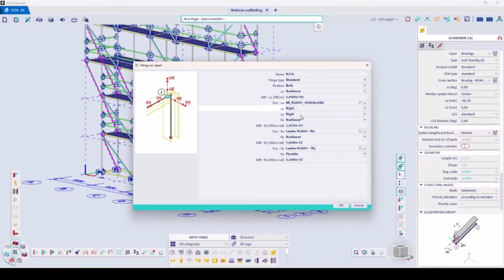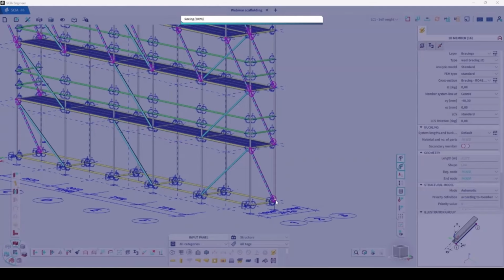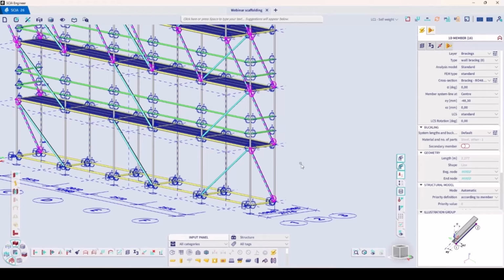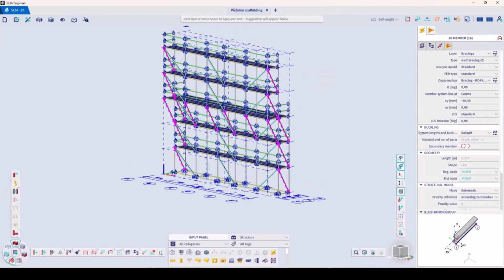And all the other ones I can put rigid, VY free, and then rigid again. And then you will see the hinges added to the diagonals. So this you can do for all the diagonals,